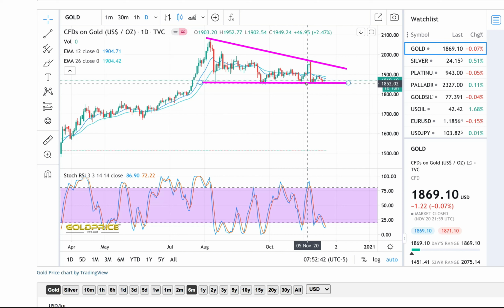There's nothing indicating that. What could cause a crash in the price of gold? Well, if interest rates, for example, right now, the 10-year interest rate is at 0.83, I think, shoots up to like 5%, then you can expect a strong correction in the price of gold. You will also expect a strong correction, at least in the short term, for monetary supply and everything, the tightened monetary supply. You will see a stronger dollar because the futures market for the dollar is also affected by the interest rate, the long-term interest rate of the dollar.